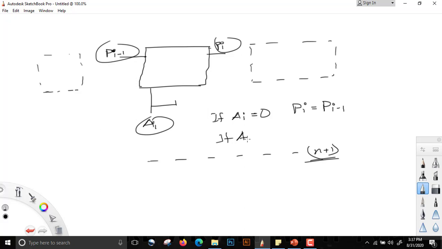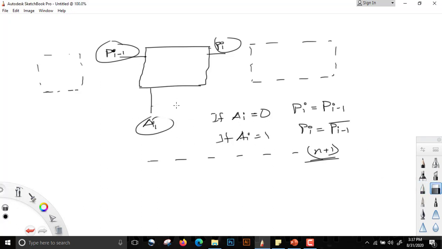If Ai is equal to 1, then parity Pi becomes Pi minus 1 changed, that is, it would be Pi minus 1 bar. Why? Because there can only be two cases, Pi and Pi bar, because each of them are single digit binary numbers. So we can consider that we have